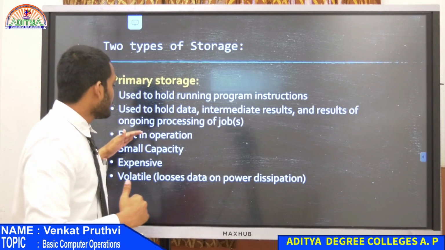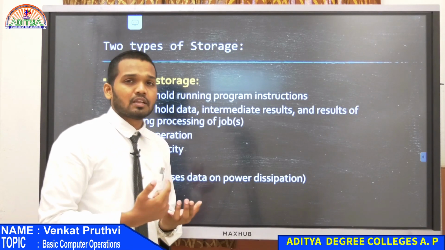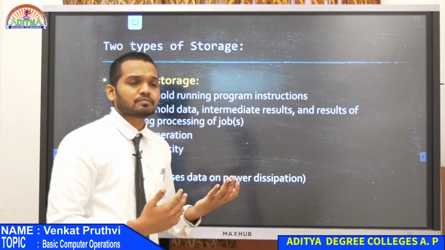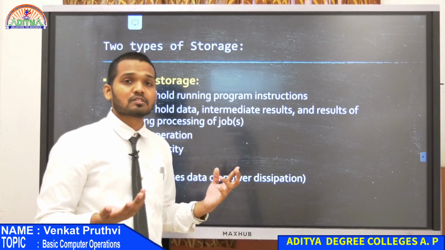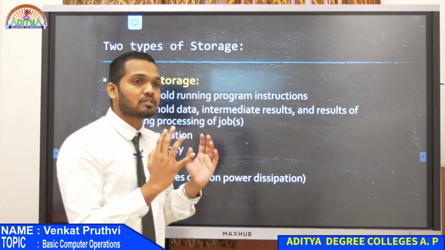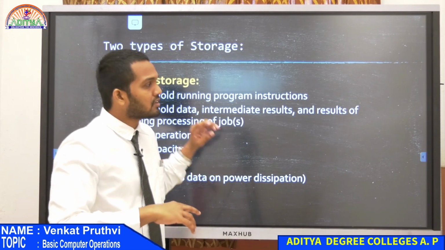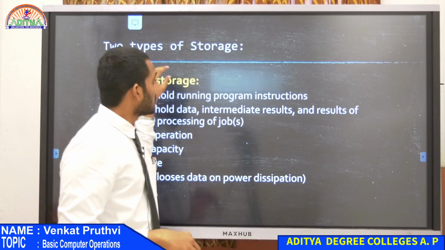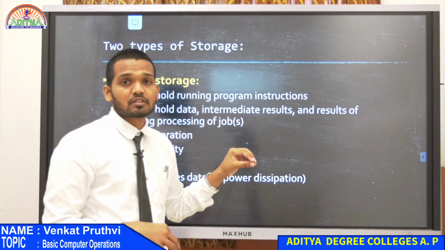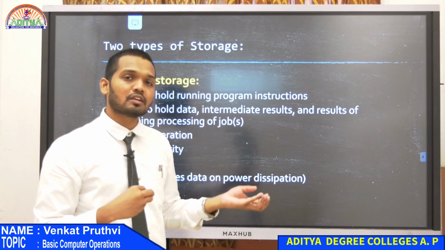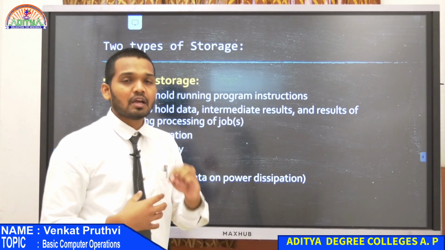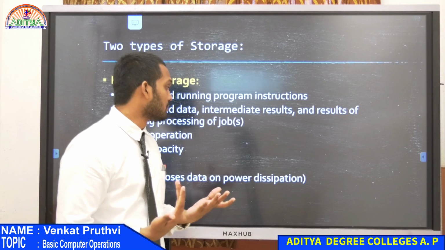From the initial days, the RAM wasn't very fast in its operations. But the concept was designed in such a way that whatever storage unit is connected to the CPU needs to be really fast. Only then will the CPU be able to immediately access the primary storage, get data back, and perform multiple tasks at a time.